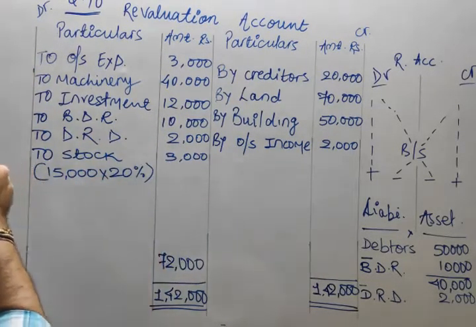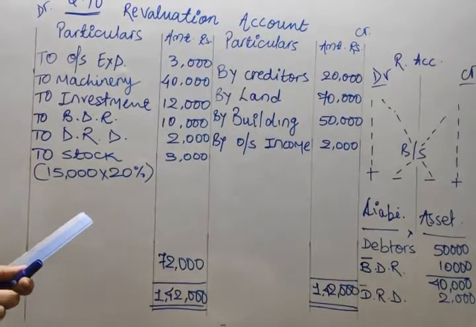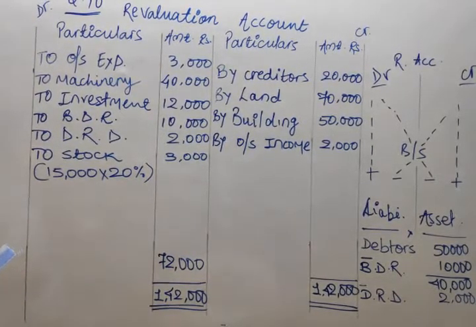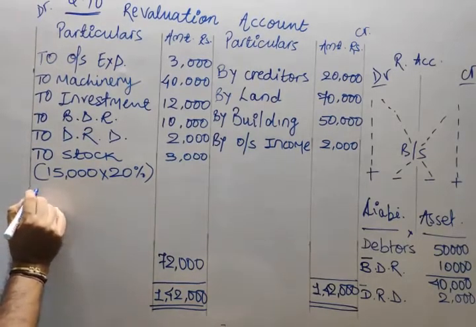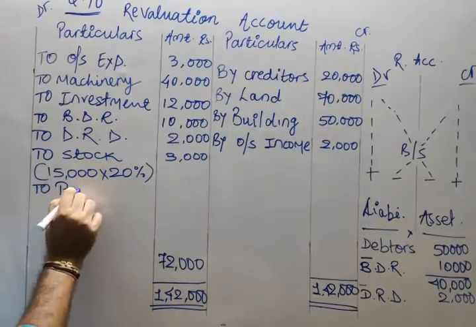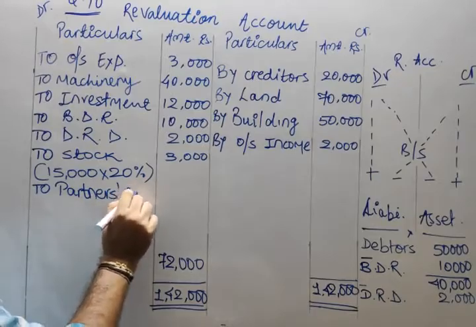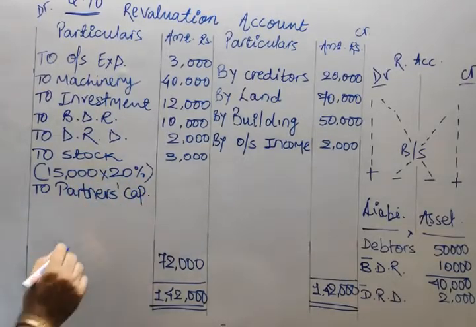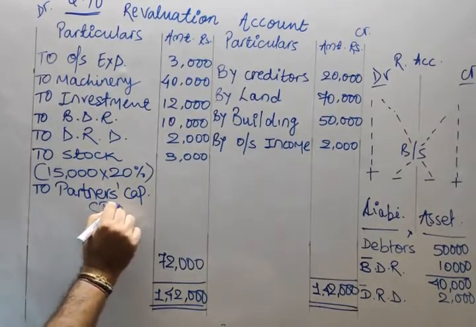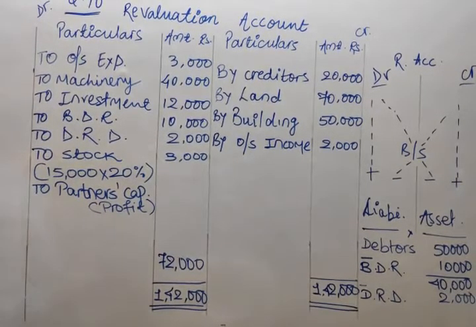is known as profit. So what do you have to write in revaluation account? Nothing new, just profit, but we are transferring it to partners capital account. So, to partners capital account, profit we can write, in old ratio, take care. What is the old ratio? Do check it. The new ratio is 1:1:1.